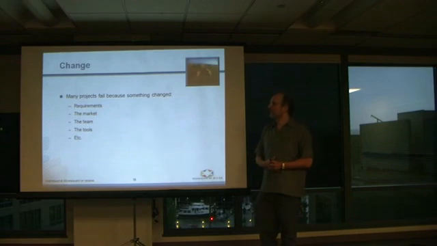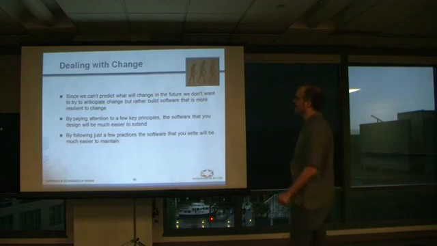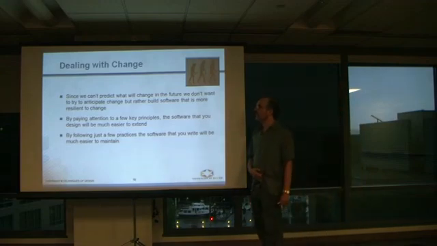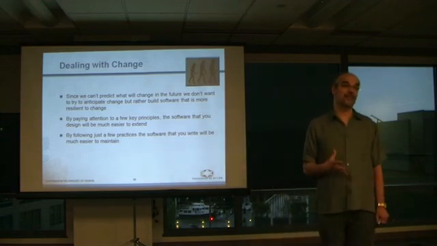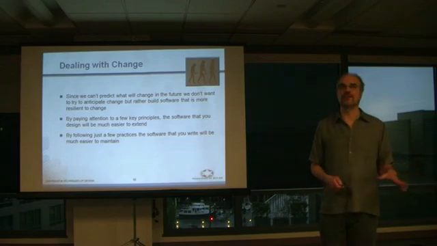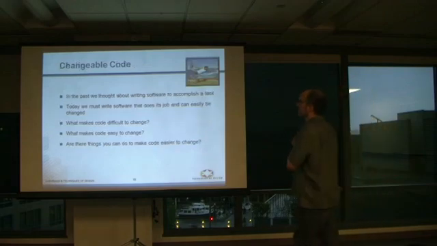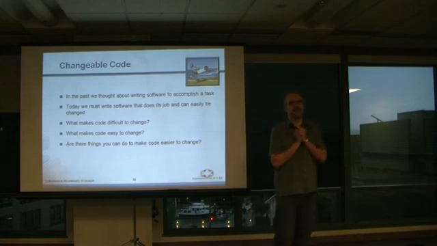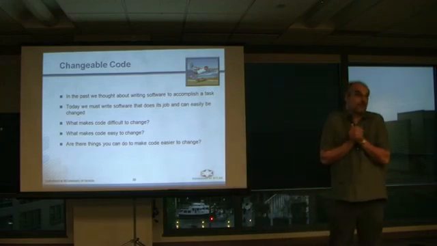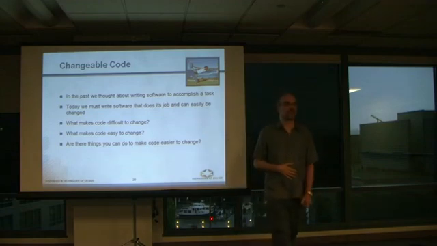So, things can change. Any number of things can change. We've certainly seen the list before. And how do we deal with it? Well, we want to pay attention to just a few things that are maybe impediments to making change easy. And if we pay attention to those few things, I think it takes the sting out of change, makes it easier. So, what makes code hard to change, and what makes code easy to change? I think that's a good question to ask. What would you guys say? What are some things that are impediments to change or make it difficult to change?